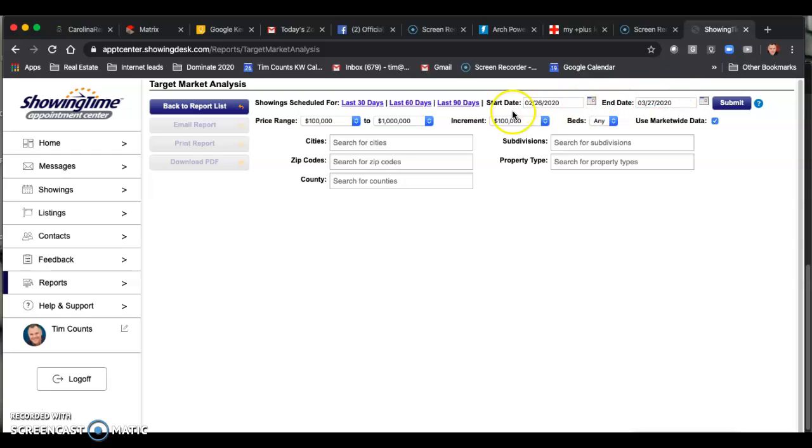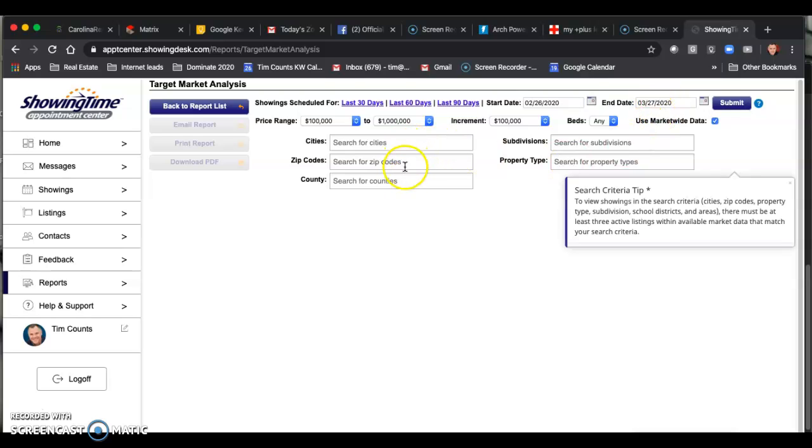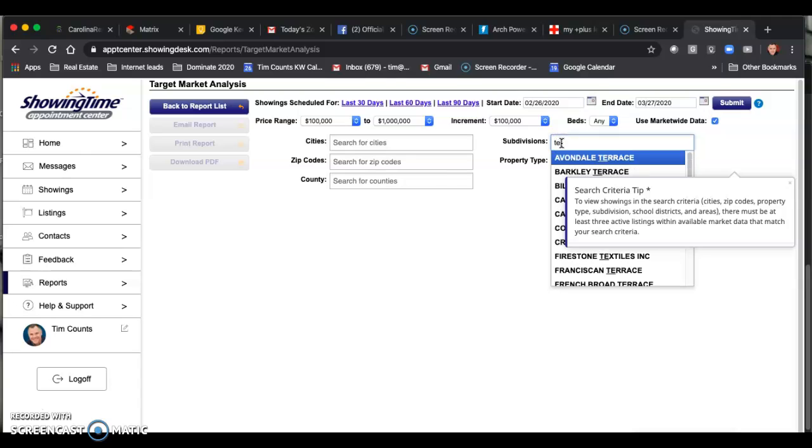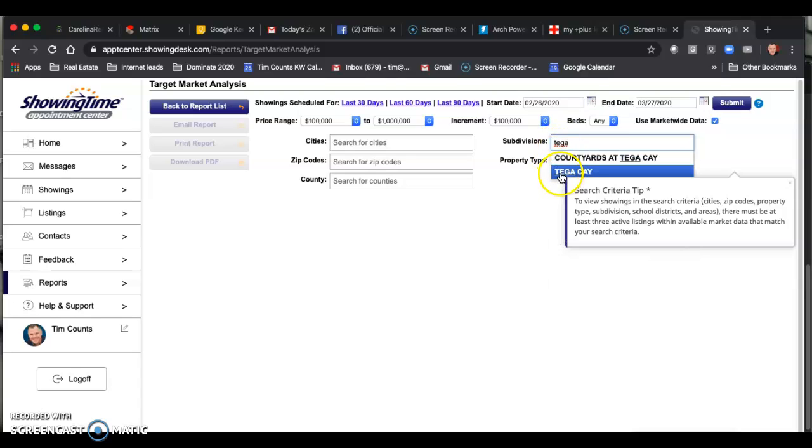The date range for this report, the default is a month. So we're going from February 26th to March 27th. You can do city, zip code, county. Here's the cool thing. Go to a subdivision. Let's use Tega K because I know it's pretty large. You highlight Tega K, click on that,